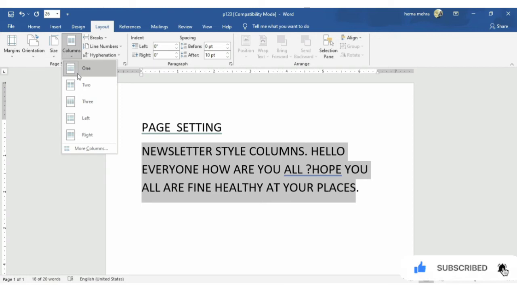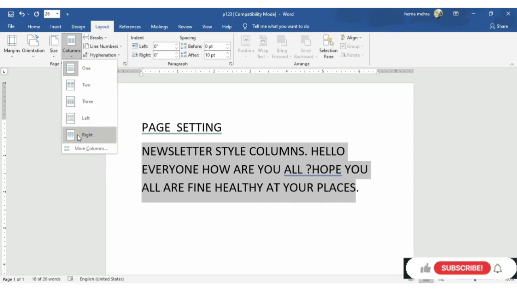So a few options are given for how you want the content of your document to appear: in one column, in 2 columns, in 3 columns, or on the left side, on the right side.